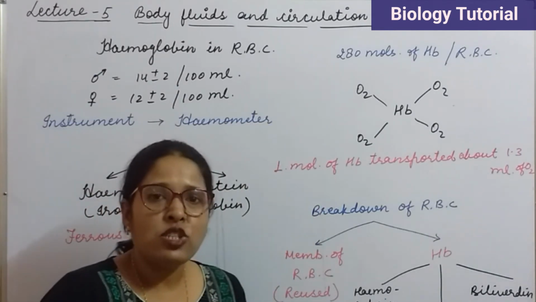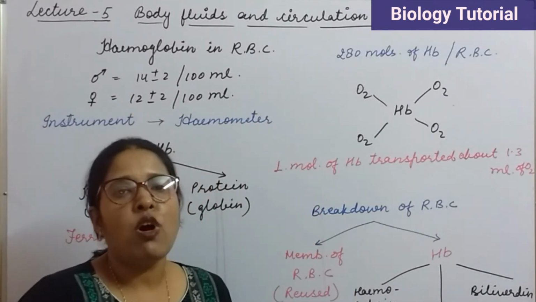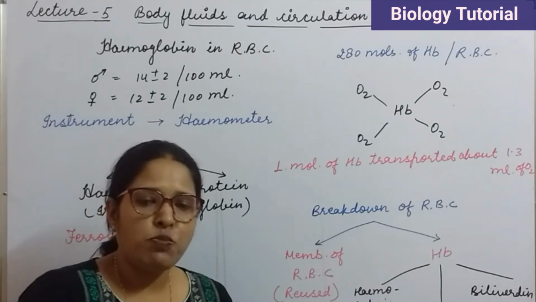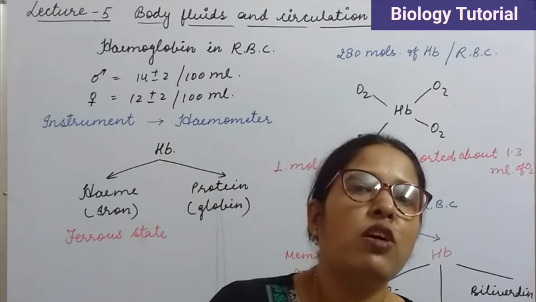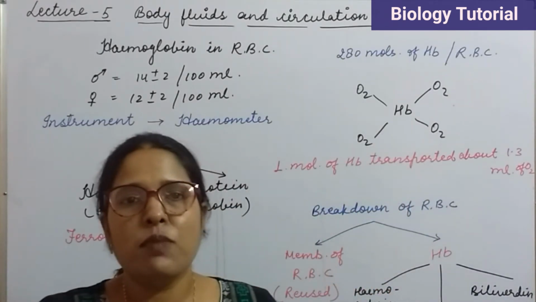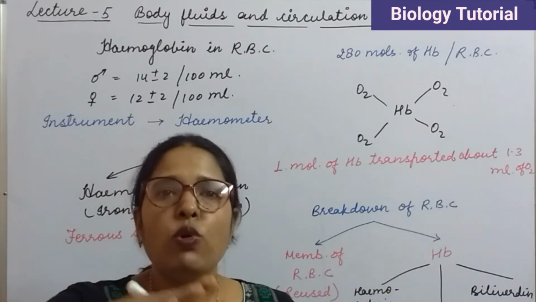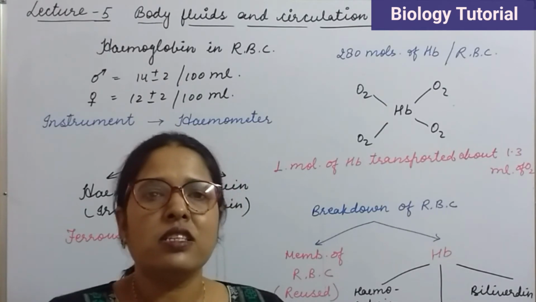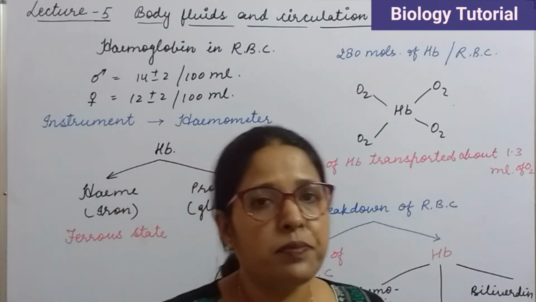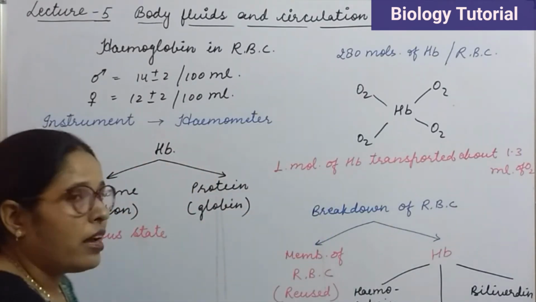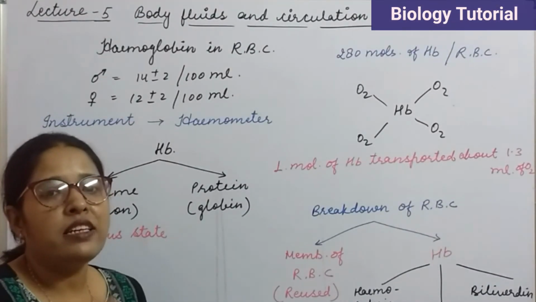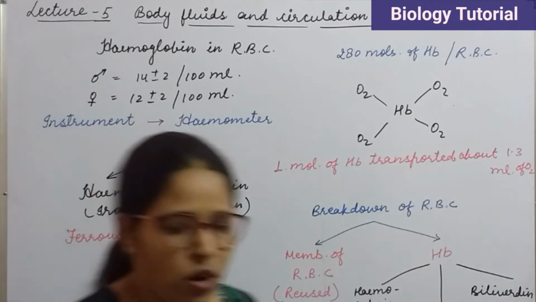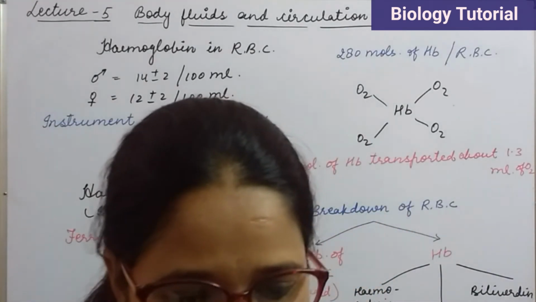But if these pigments get deposited in the body, then jaundice is caused, because they get deposited below the skin and turn the skin yellowish in color. Clear? That's why these pigments cause jaundice if they get accumulated in the body. So this is the pigment part.